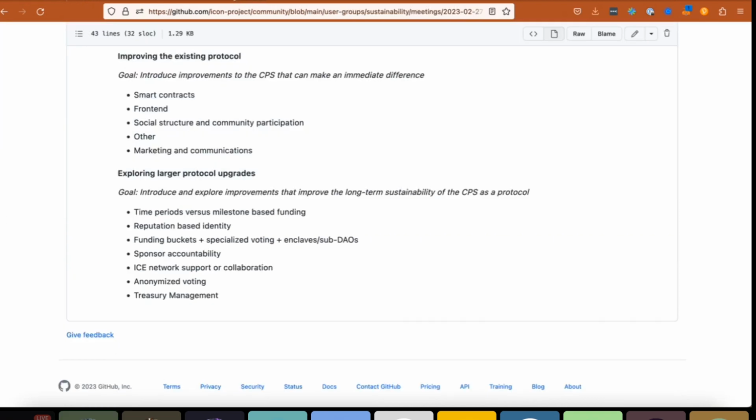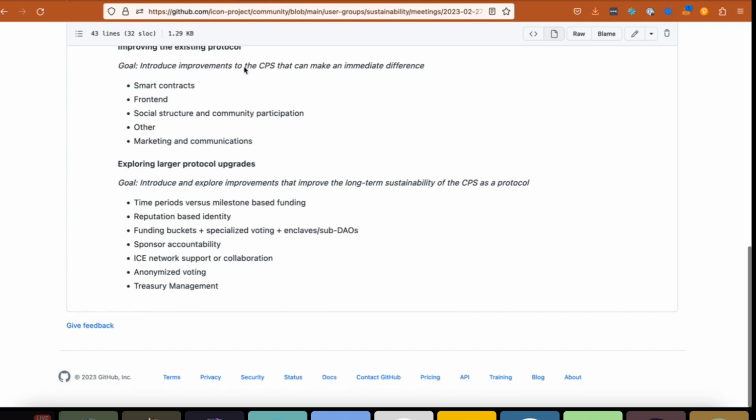Okay. So that's the next section, about improving the existing protocol through development. And that's a thing that we're going to have to discuss as a community. Again, there's a lot of introductory stuff here because this is the first of these meetings, but in the future, we'll go over the specific issues as well and see what is going well and what needs to be improved.